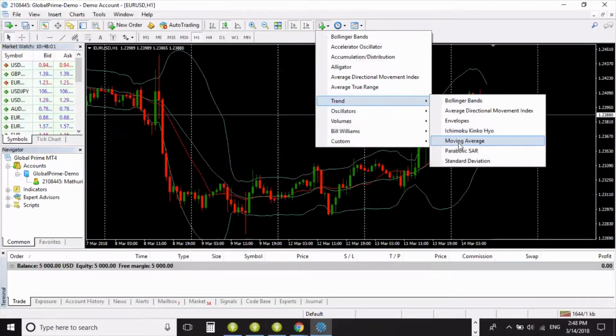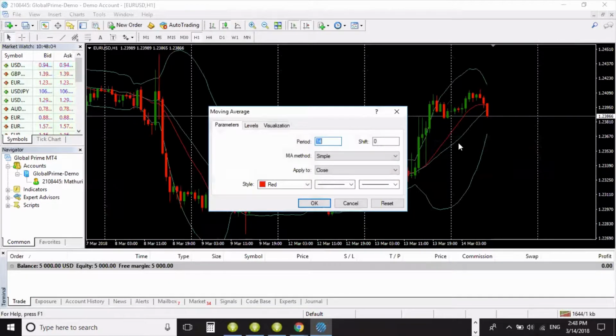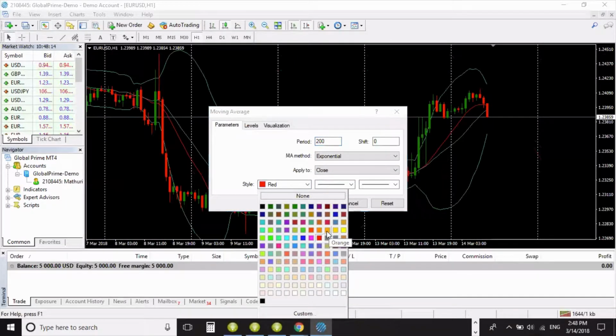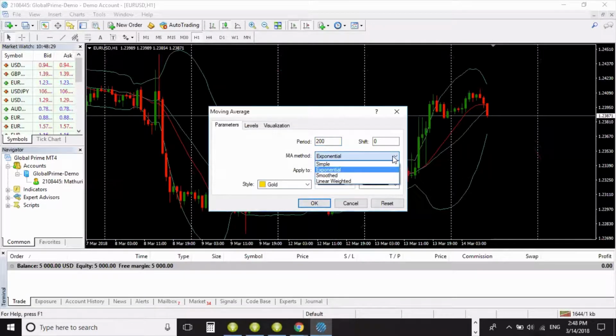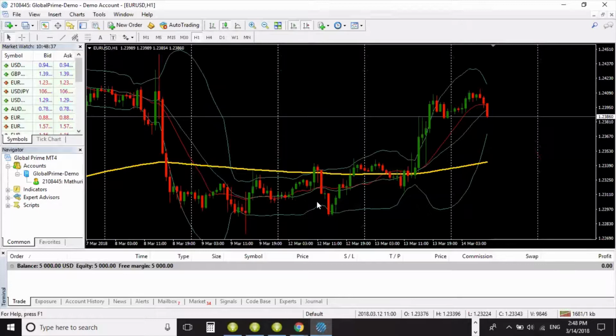Okay, now I'm gonna go ahead and set up the chart how I like it really quickly. I'm gonna put the moving average. So I usually just put the Bollinger Bands and the moving average, exponential moving average 200. I like to make it gold because it's golden. Okay, and I like to make it thicker. Okay, exponential and simple, what are the differences? Okay, simple is it's close. Exponential is like it's more precise. Okay, that's pretty much in a nutshell what it means. Okay, so I'll just go ahead and put that exponential,